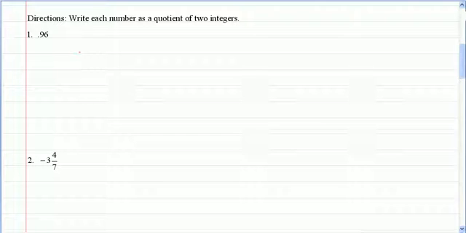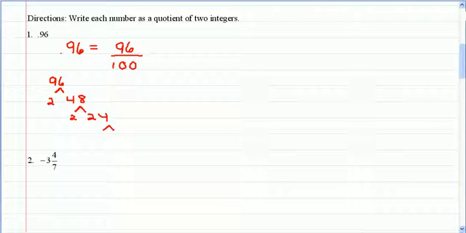So the directions are to write each number as a quotient of two integers. So if I take the number 0.96, this is 96 hundredths, or there are two numbers to the right of the decimal, which means we write 96/100. And then we just want to take 96/100 and reduce it. So I'm going to write the prime factorization of 96. I always take the prime number on the left and the composite number on the right. And then for 100,